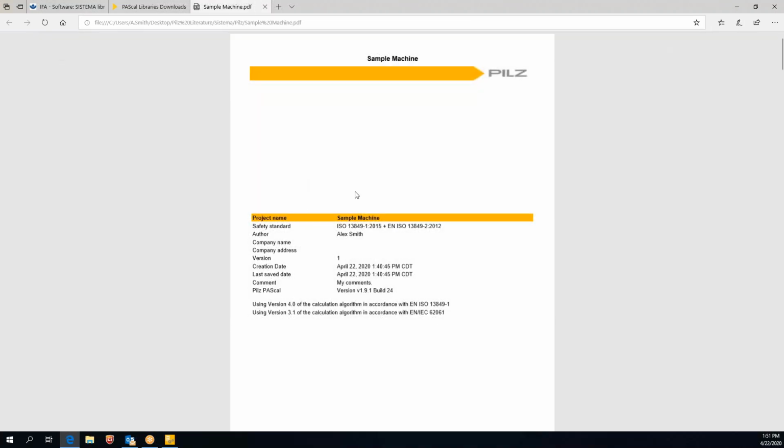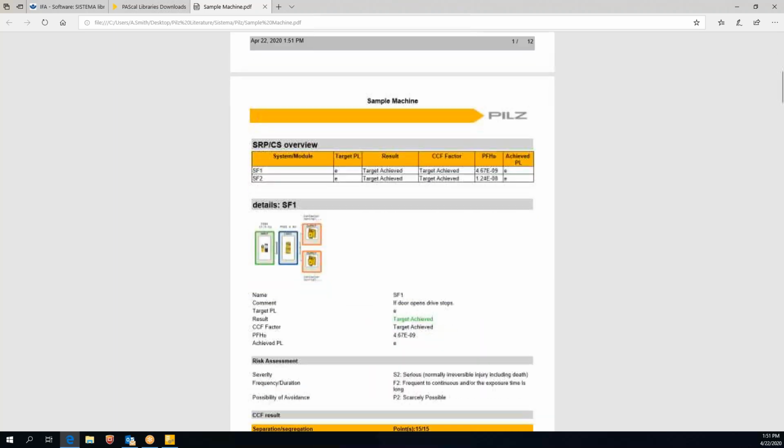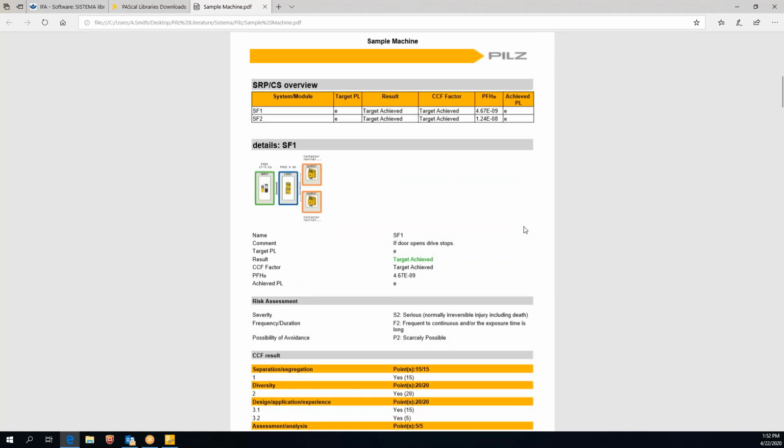So it's popped up. It has my project name, sample machine. It talks about what safety standard this one goes by, which we all know is ISO 13849, looking at performance levels. I'm the author. Again, this is where some of the comment section would be in here. And as we scroll through here, we're going to see more detailed information about the project as far as here's safety function 1.